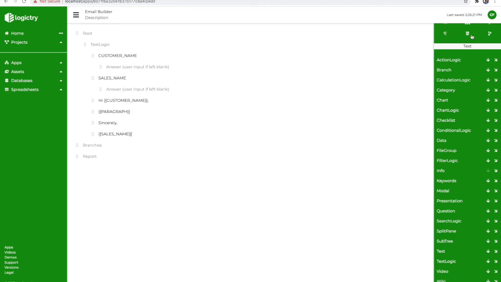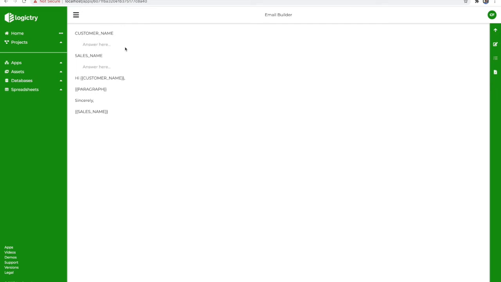All right, so let's go ahead and preview this, and we can now start to see customer ABC and the salesperson XYZ. And great, it's already starting to work. Now this last piece we're going to do, I want to move this content first to the right side just so it's a little bit easier to see, and then we're going to tackle populating the paragraph content with predefined